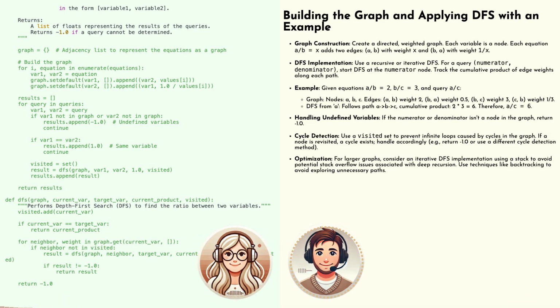Now imagine we get the query AD. Using our graph, the problem becomes find the route from city A to city D. And that's where DFS comes in, right? Yes. Like a super efficient travel agent figuring out the best path. DFS would start at node A and systematically explore each connected road. Let's say it first tries the road to B. It's at B now, not the destination yet. What happens next? DFS keeps track of the total distance traveled so far. Since it went from A to B,